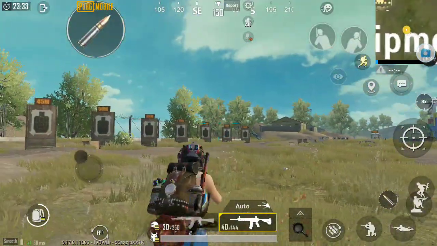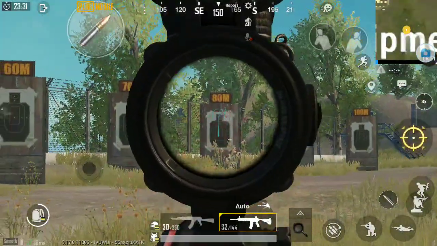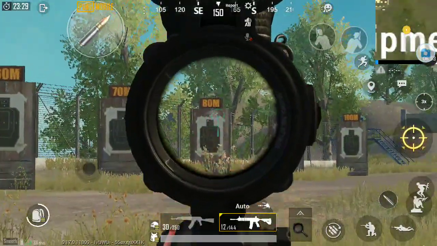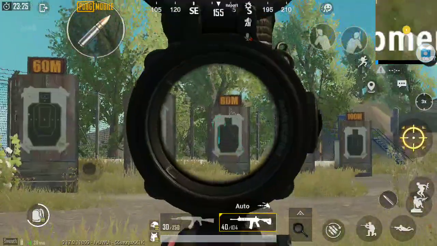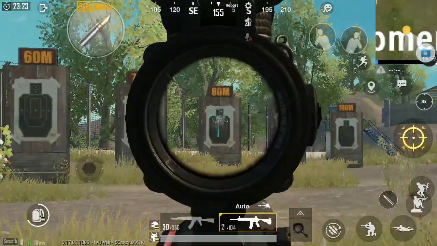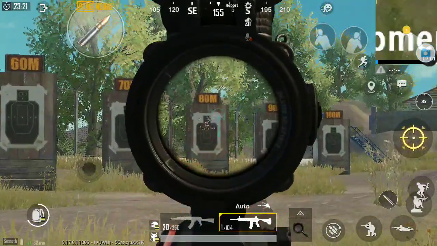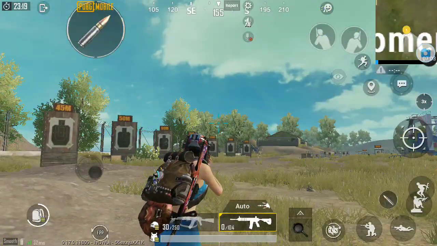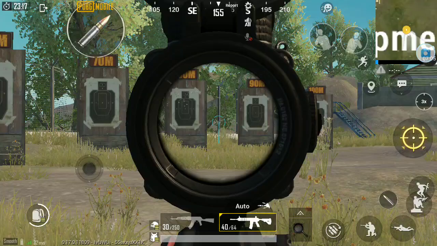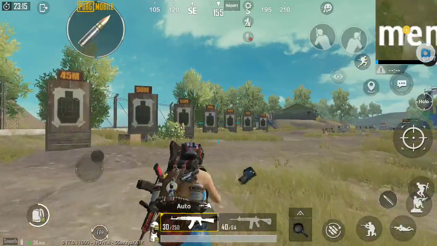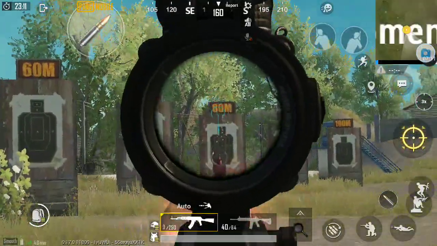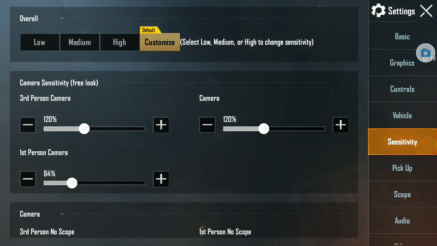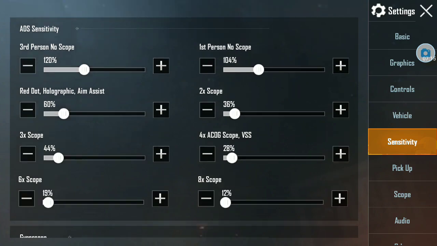See, I'm using the 3x scope for spraying while using my thumb to hold it, but my spray is not that good. If after some time it's still going up like this, then you have to go to ADS sensitivity.